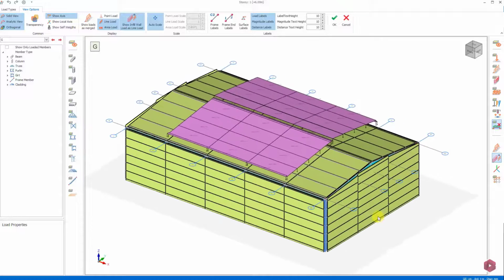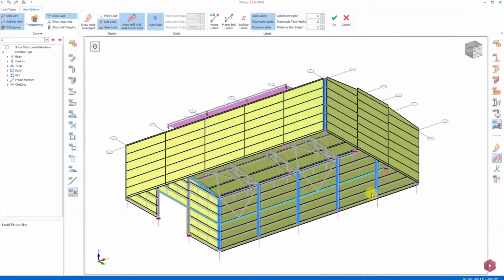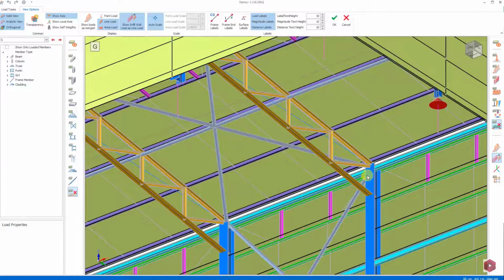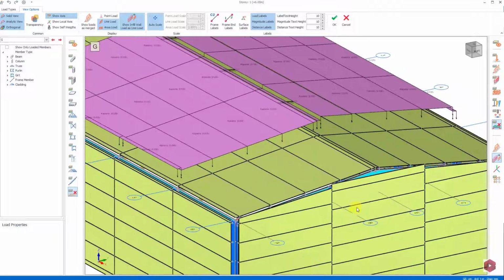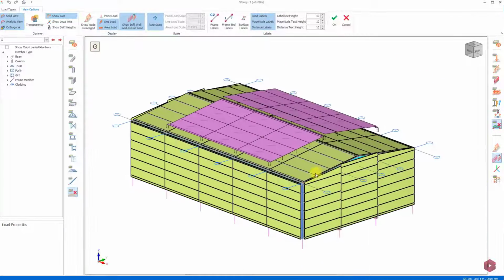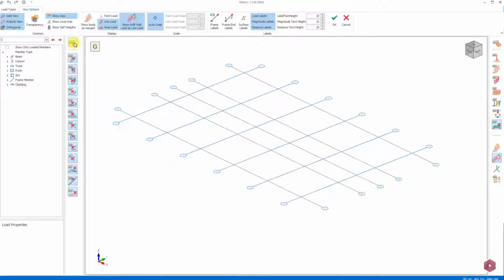If attention is paid to this section, all structural elements are displayed. When we only want to load claddings, we can load the skins more easily and quickly by filtering them. For this process, let's turn off the visibility settings of the objects in the last side menu individually or collectively, and then turn on the appearance of only the claddings.